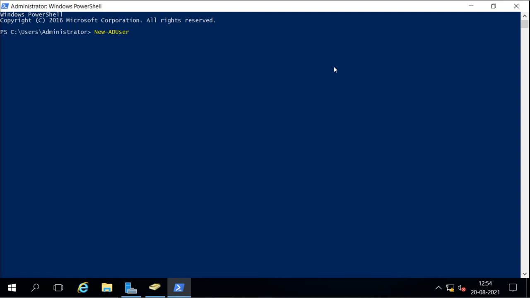So you can create the user account by using New-ADUser, and then you can fill in the whole information from here. Like I want to say the display name, this will be the display name. Then I want to put the name, that means the first name and last name.